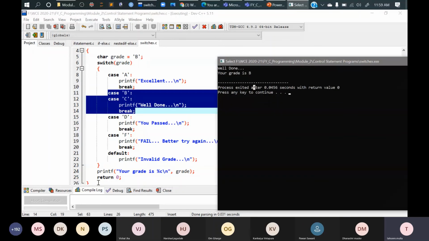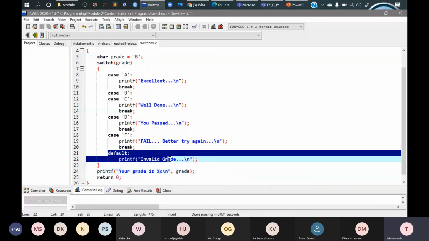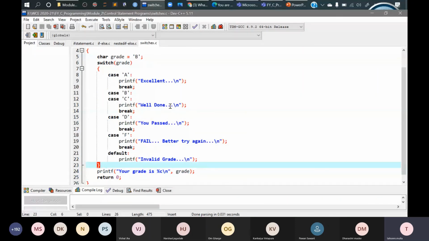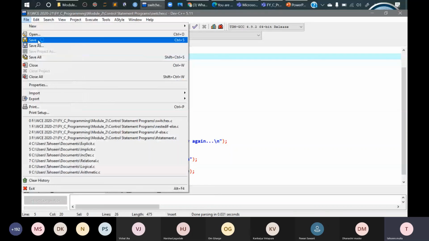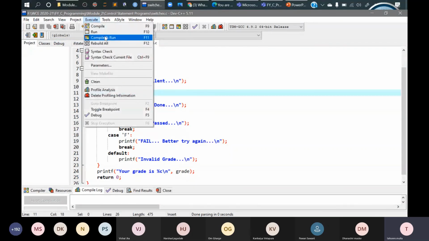And finally, for exiting of this switch statement, printf your grade is whatever we have entered will be printed over here. Now let's try to change this grade and check for the default condition, whether it gives you an invalid grade. So we are having till F, we'll put it as H, save the program, again execute it and check.